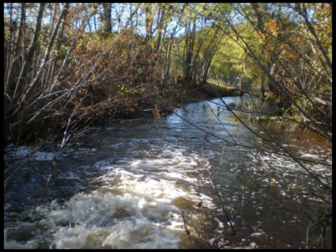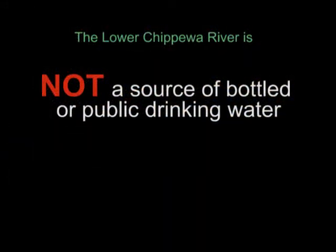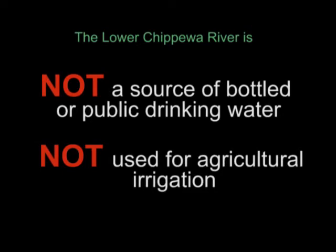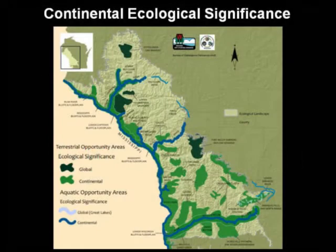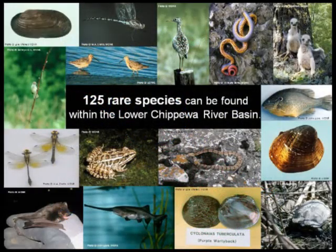So why should we care so much about the water quality in the LCRB? Although the river is not a source of bottled or drinking water, nor is it used for irrigation, the following qualities make the LCRB important. The Lower Chippewa River is of continental ecological significance. This is one of the greatest areas in the United States for rare and declining species to find suitable habitat. For example, 125 rare species are found here, more than any other area of comparable size in the state of